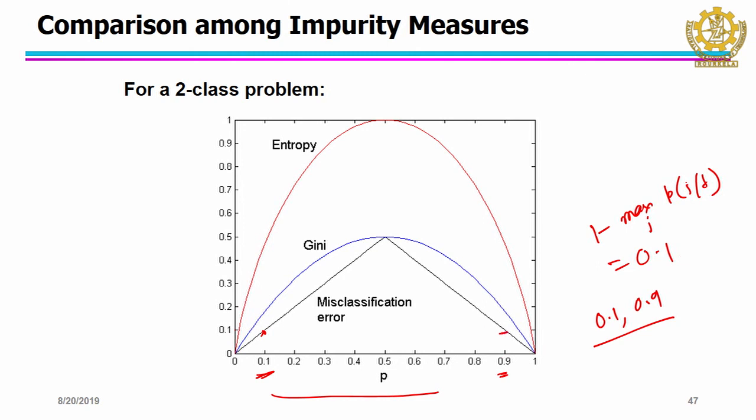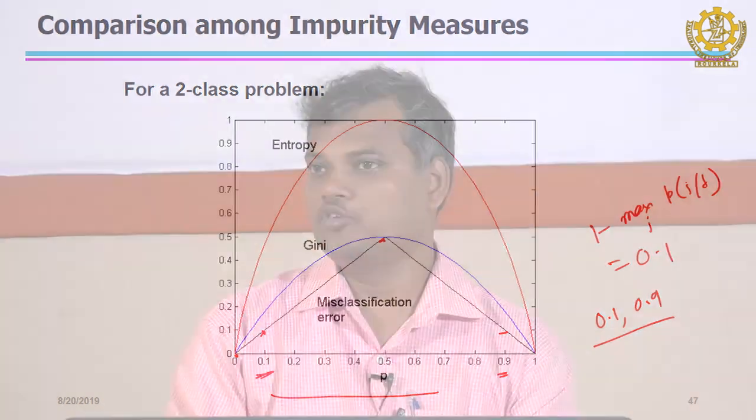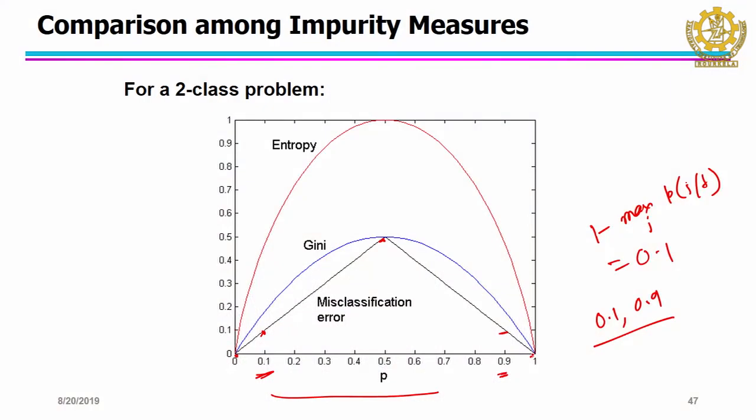For the two class problem, what is the maximum Gini value? Obviously it is 0 when one class has probability 0 and the other is 1. But when it is equally probable, that is, when the probability is 0.5 for both classes, we get the maximum value. That is the Gini value, 1 minus a half, so it should be somewhere here, 0.5. Similarly, when all class distributions are equal, we get the highest value for entropy.